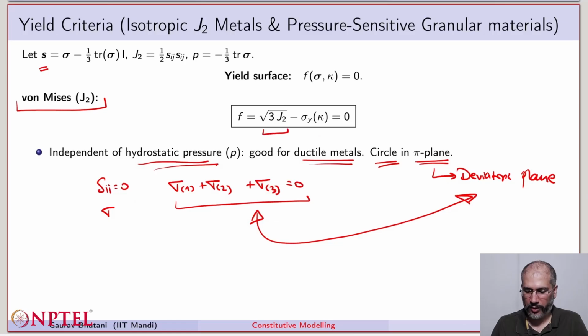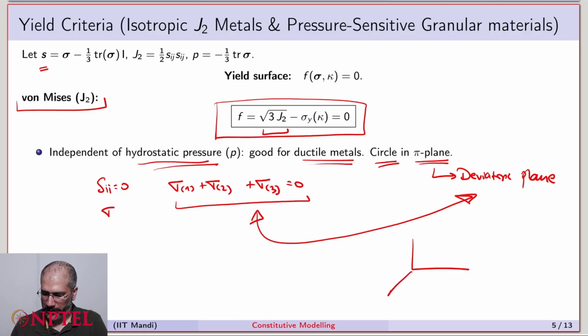And since in this model we compare the deviatoric stress, the yield surface can be drawn in the deviatoric plane, and this yield surface becomes a circle from this von Mises model. Now actually in this 3D stress space, if you look at the line where sigma 1 equal to sigma 2 equal to sigma 3, this plane that we're talking about, the deviatoric plane, is